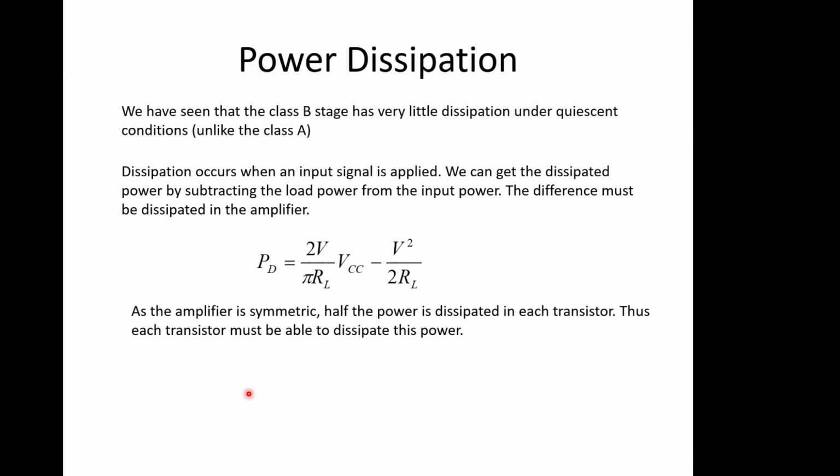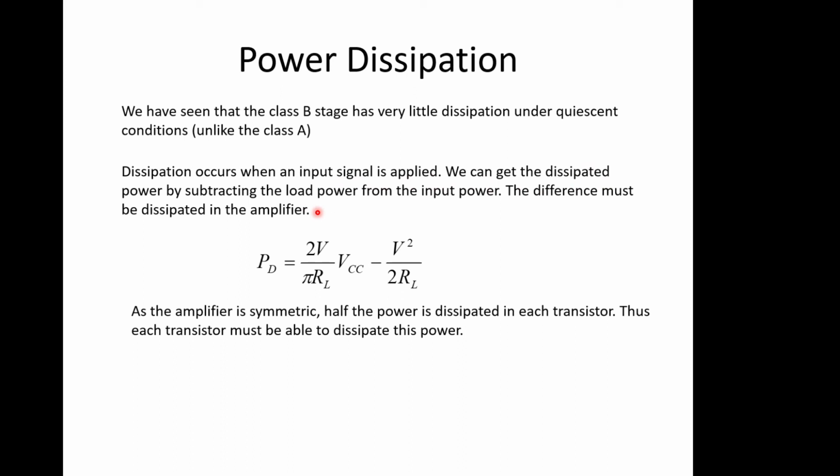So in terms of dissipation then, or losing of energy, where does it all go? The Class B stage, we know, has very little dissipation under quiescent conditions. Quiescent conditions means that there's no signal coming in, and under no signal conditions in a pure Class B amplifier, there's no quiescent current, and if there's no current flowing, then there's no power dissipated, so it won't get hot. But dissipation will occur when signal input is applied,